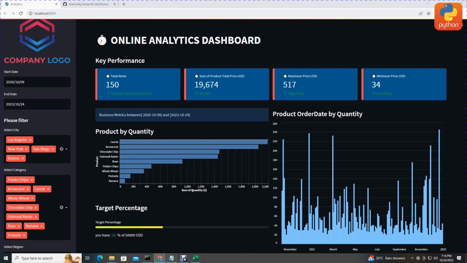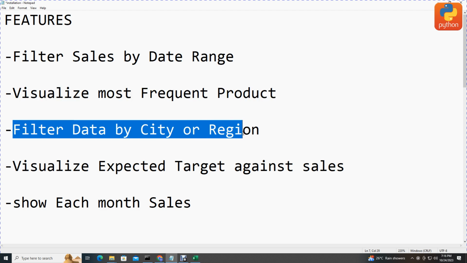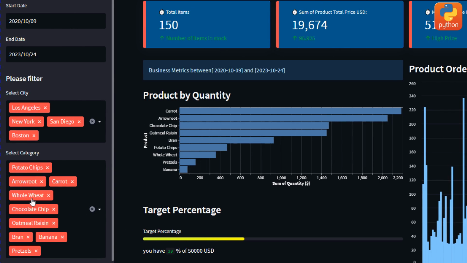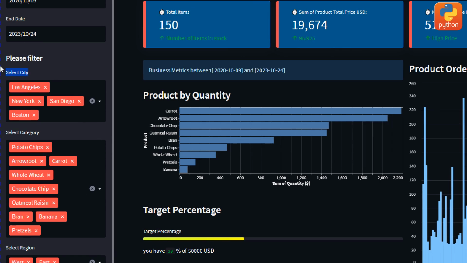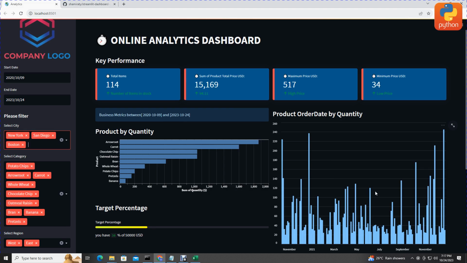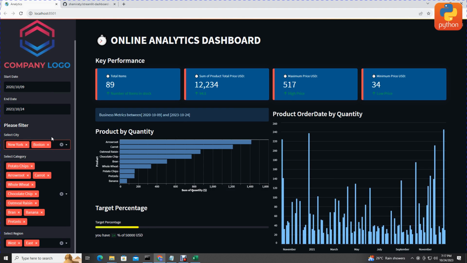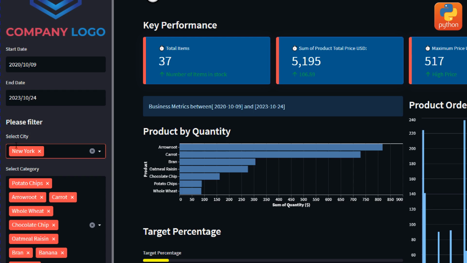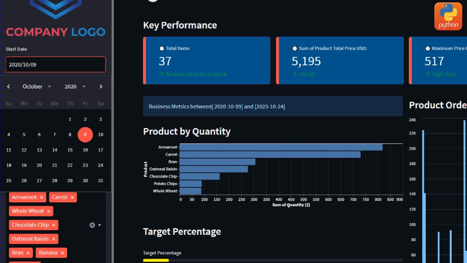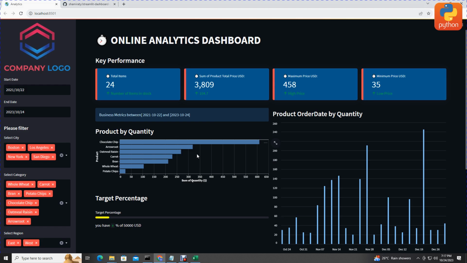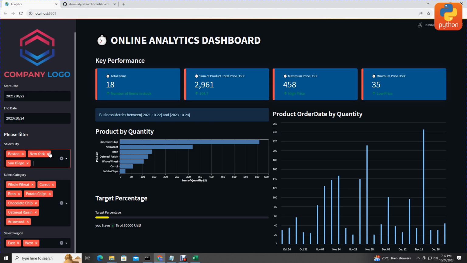Okay, so another feature is filter data by city or region. So nikija katika my project, nikija katika upande wa left side, so here hapa nina select city, for example now cancel Los Angeles. So nakuta graph has been changed na metrics zimebadilika. So nikijust cancel San Diego, for example, or Boston, so data zinabadilika kutokana na what selected city pamoja na selected date. So katika hii date picker, just nikipiki a particular date, utakuta data zina change, na just nikicancel a city,